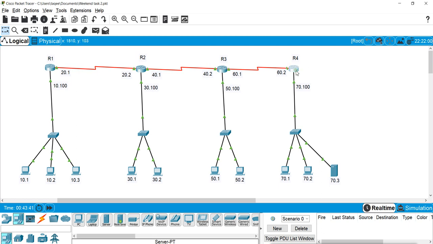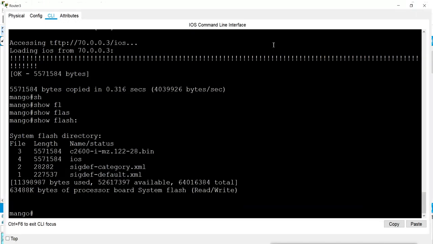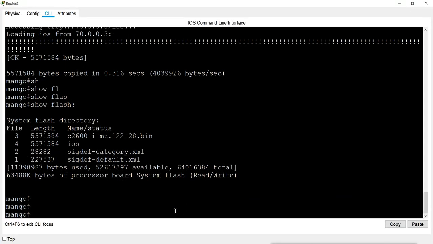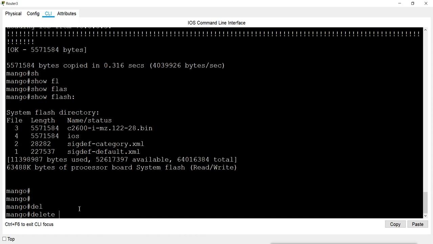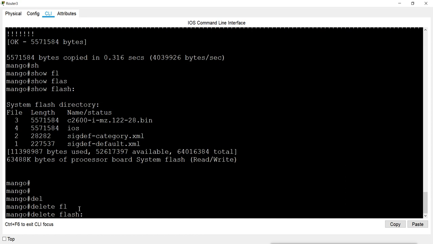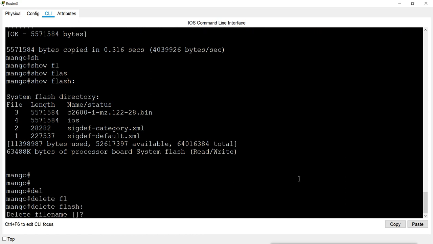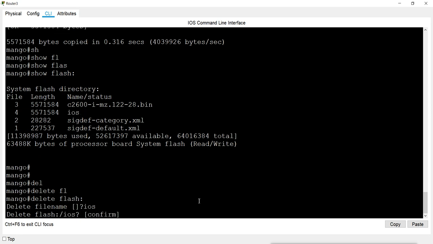What I will do here, I will remove these files from flash. I will use the command delete flash. Now it is asking what file you want to delete. So first I will delete this file. Confirm, confirm.